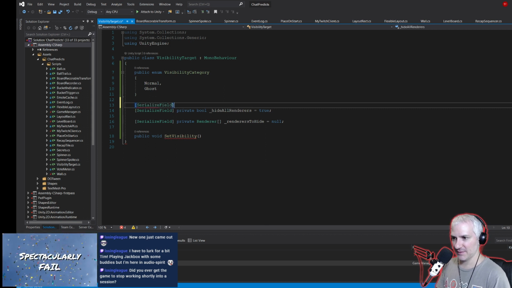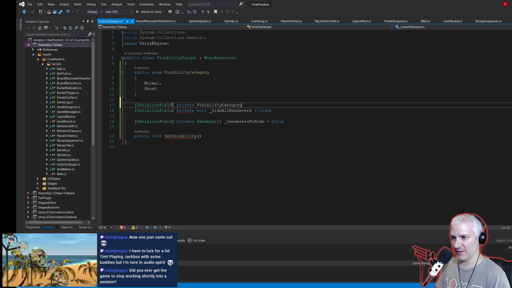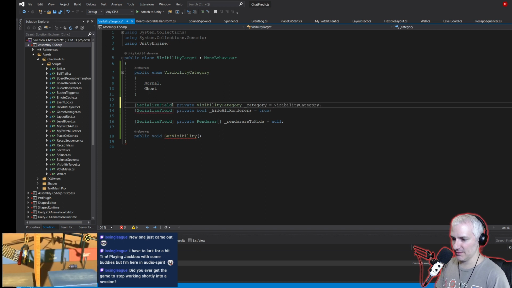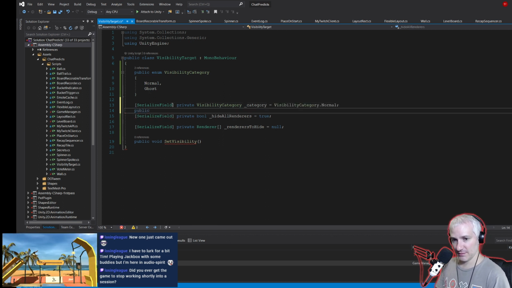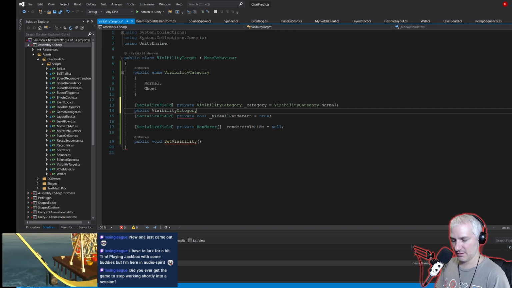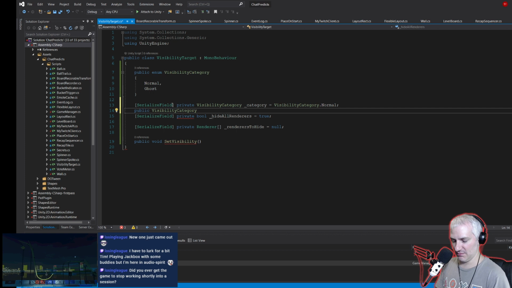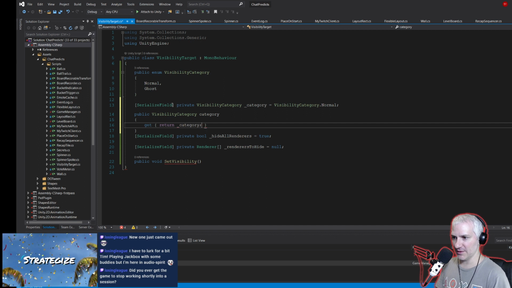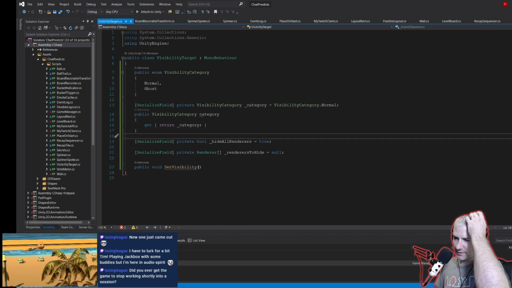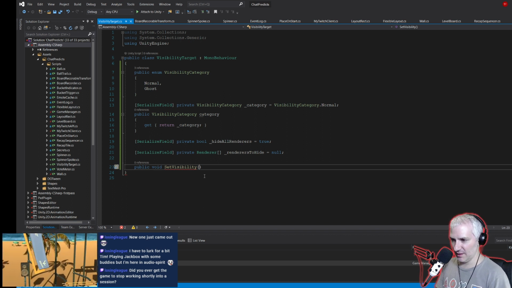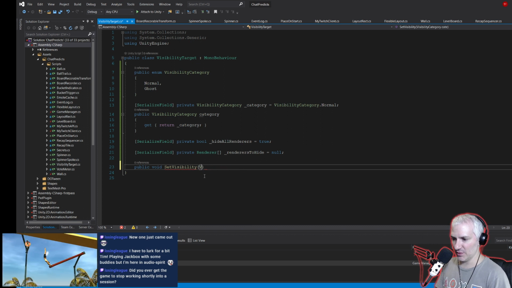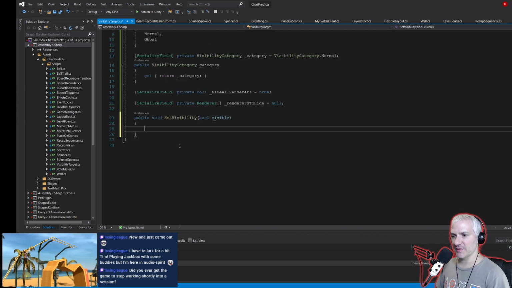So, serialize field private VisibilityCategory, defaulting to Normal. And then we're going to have a public VisibilityCategory called category with a getter that just returns that. Okay, and then we say SetVisibility, and we just say bool visible. Okay. So then what we can do is we can just say if